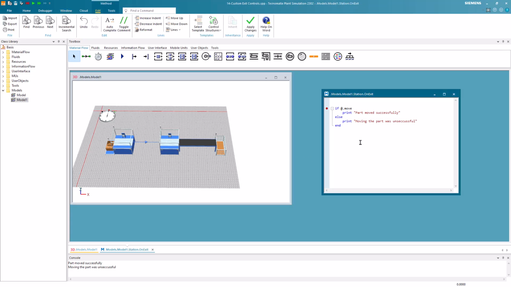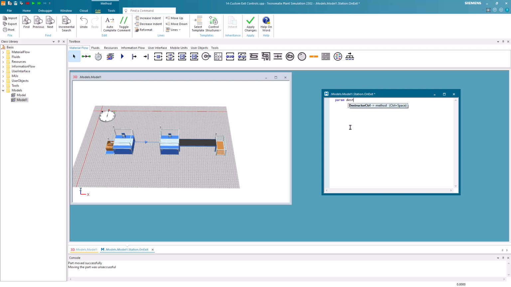We can use a parameter in the exit control, which is of type object. The exit control will be called with this parameter if the MU was in a forward blocking list of an object. The parameter then will be the object in whose forward blocking list the MU was. If the part was not in the forward blocking list of any object, the parameter will be void.